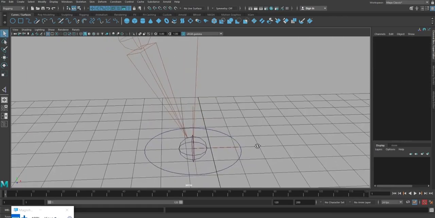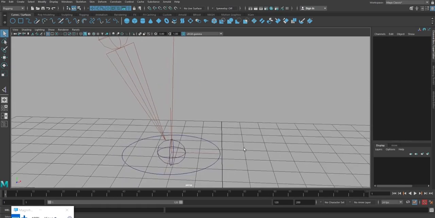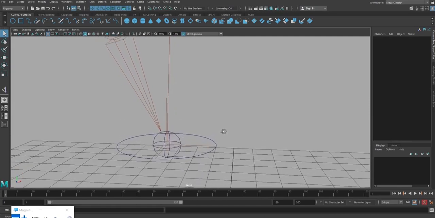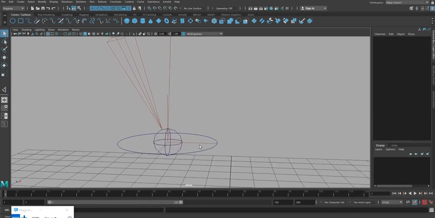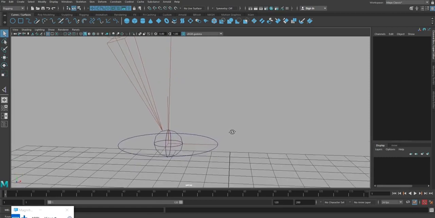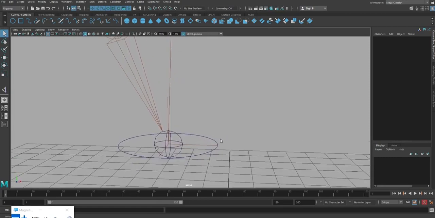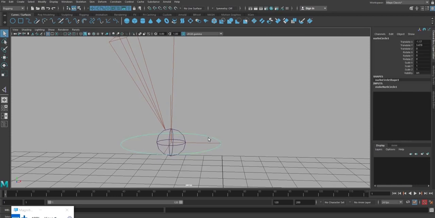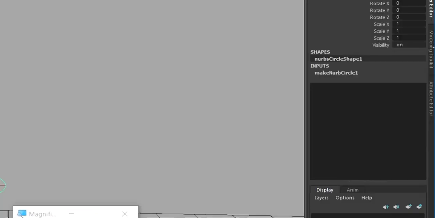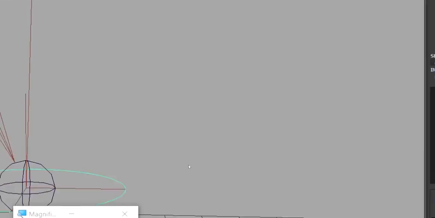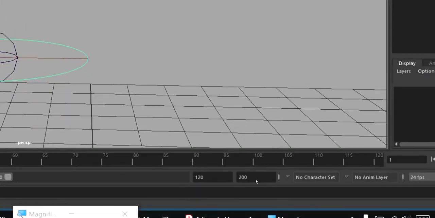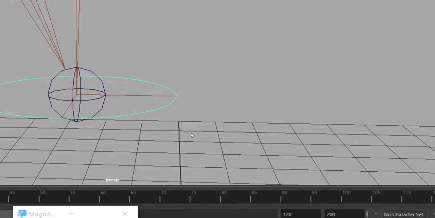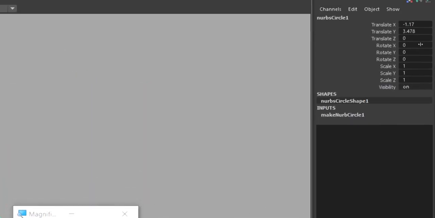But I hope you remember, I told you, whenever you are creating any connectivity, any connections, parent-child or constraint, you need to make sure the global value of both the elements, or at least one of the elements, or at least the child, should be 0. It should not have some random values like this. Because when I created this curve, it is somewhere else in the ground level. When I moved it and snapped it here, you can see the values are changed.